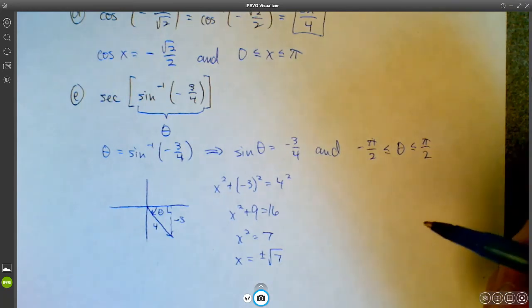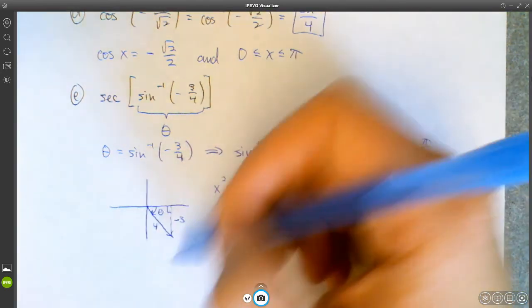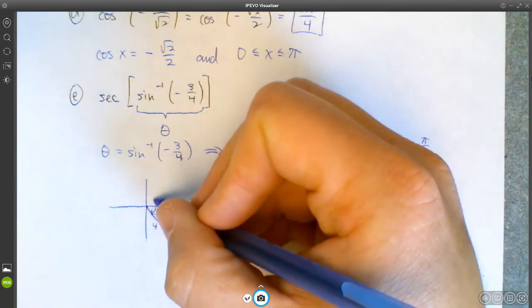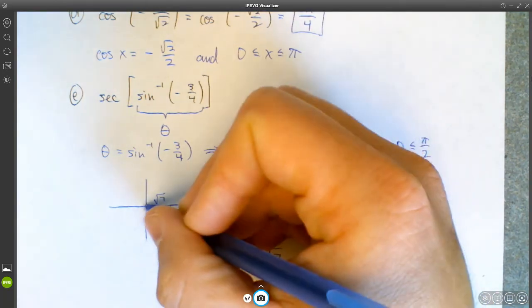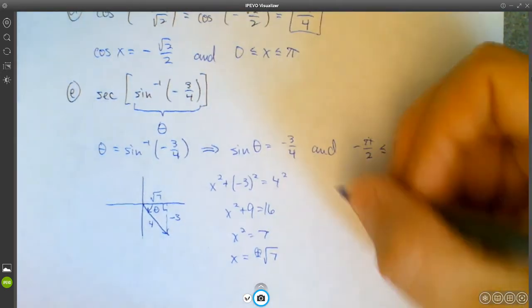So you have to make a decision. Is it the positive square root of 7 or the negative square root of 7? Thankfully, because of this picture that we've drawn, you can tell that it's going to be the positive square root of 7, because x is positive over here and x is negative over there. So x is positive root 7. That means